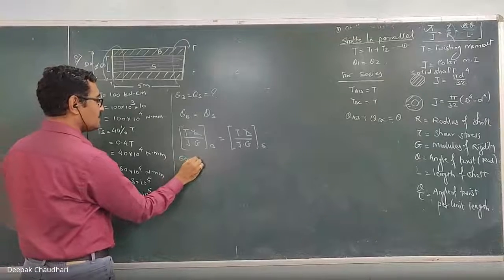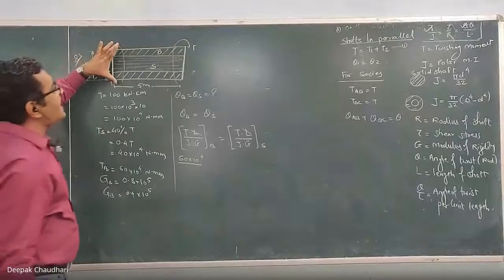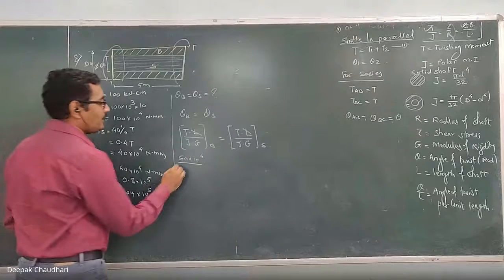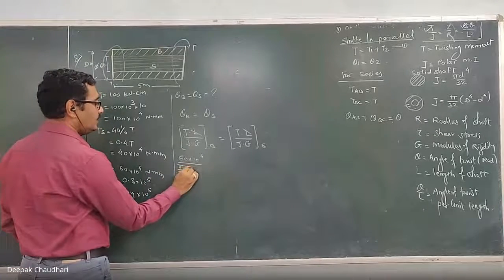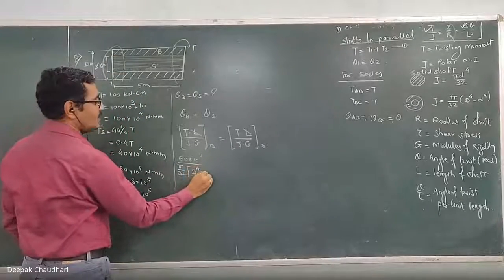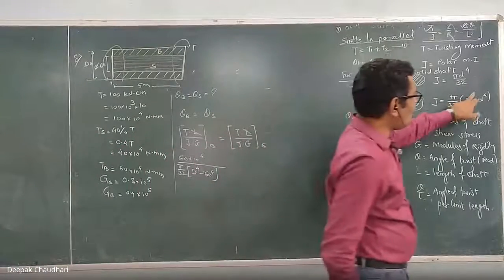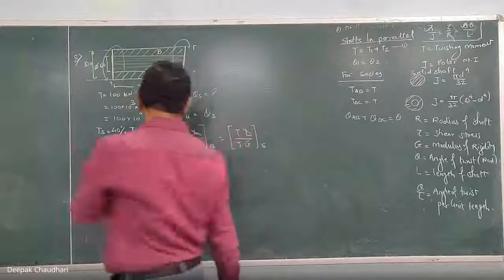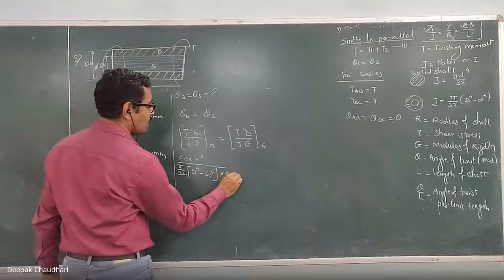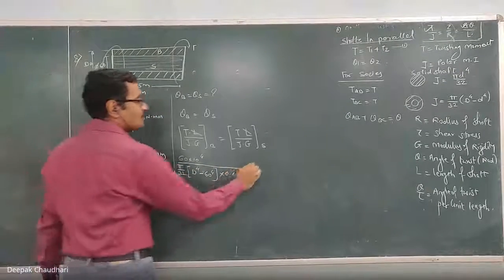Now, the torque shared by the brass is known to you. It is 60 into 10 raised to 4 upon how much is the J for the brass. Now, brass is the outer shaft, which is the hollow circular tube, for which the polar moment of inertia is pi by 32 into, in bracket, external diameter raised to power 4 minus small d raised to power 4. This is J, pi by 32 into D raised to power 4 minus d raised to power 4, and we have to calculate this d. Into G, G for the brass, it is 0.4 into 10 raised to 5. This is all the data which I have written for the brass, which is equal to the steel.